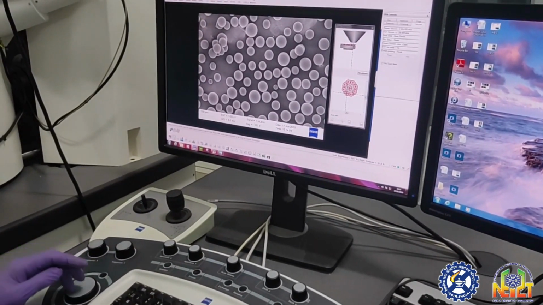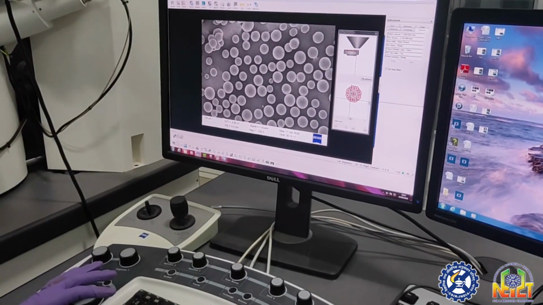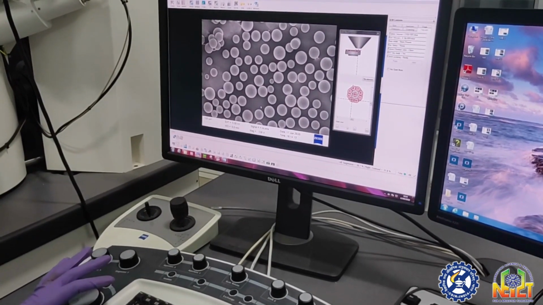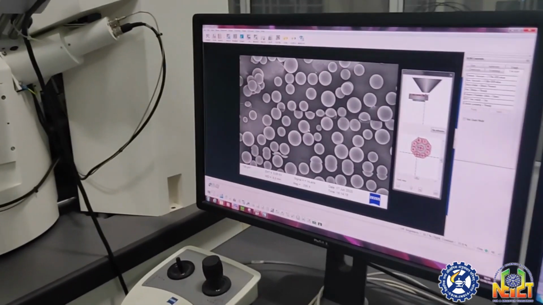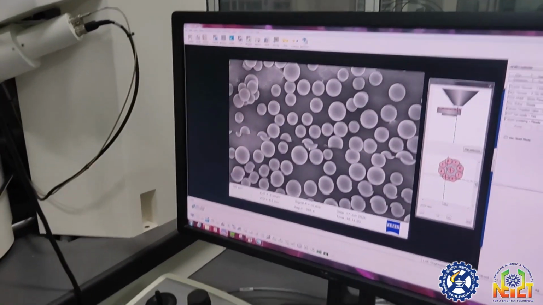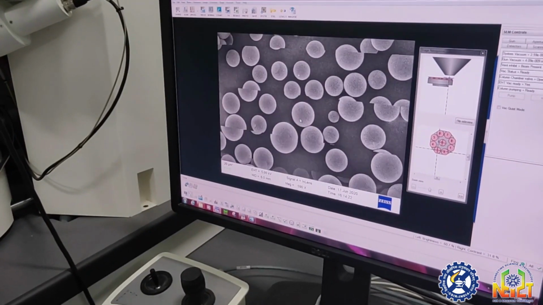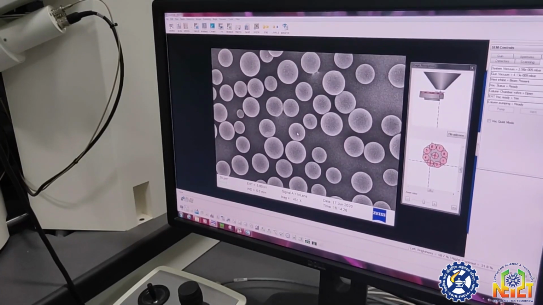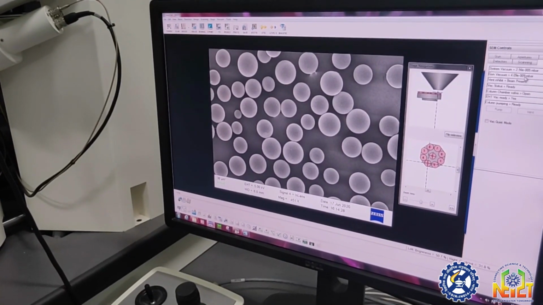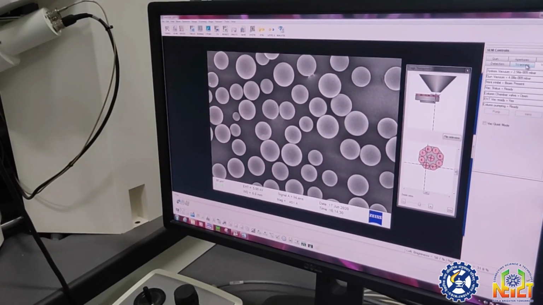So whatever range you want, you can take by adjusting this button, this or that. Now if you want to zoom it, then you just press the Ctrl and Tab. Then the blue curve is there. So then you can centerize it. Suppose you want to centerize this part, you just click it here, it will come to here.